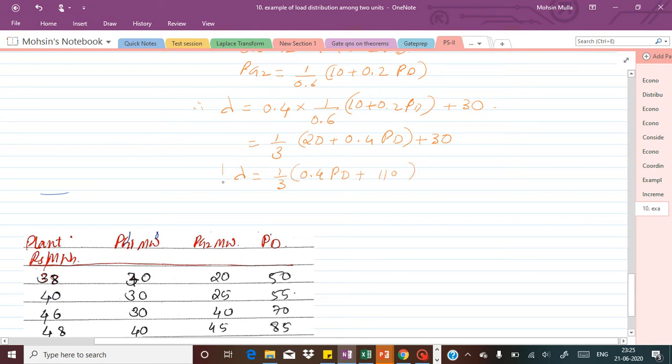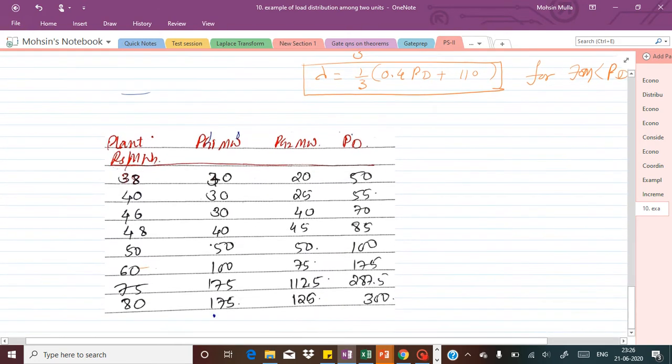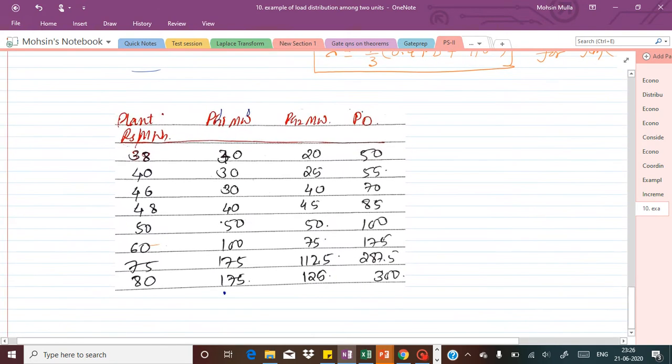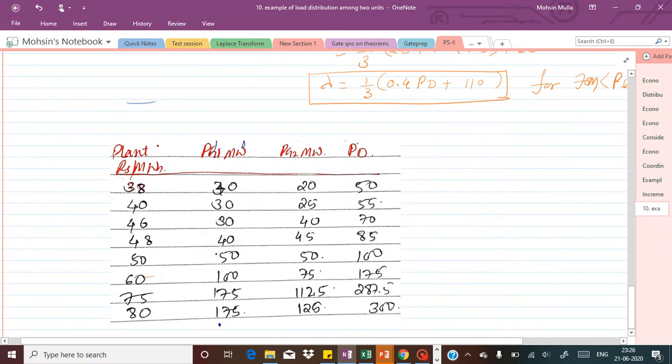Okay, so this equation is the governing equation for maximum demand, which will be between 70 megawatt to 287.5 megawatt. So up to this particular maximum demand, both the generators should be loaded at the equal incremental cost. Okay, so whatever incremental cost will come from this formula for a particular demand, so that for that